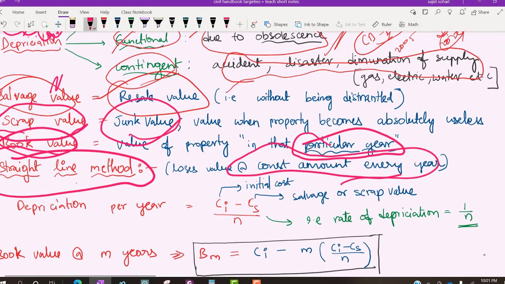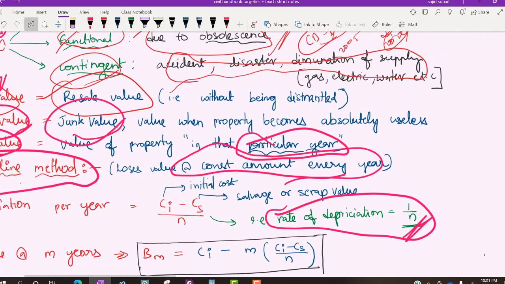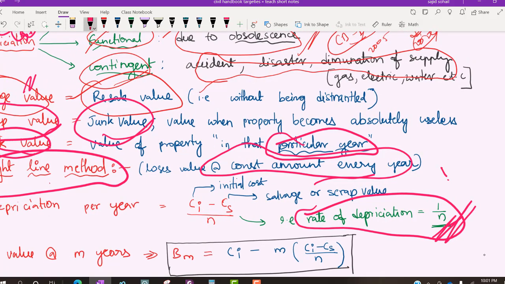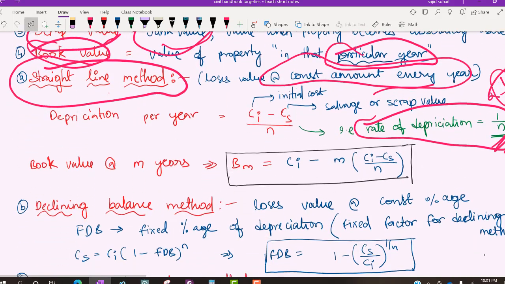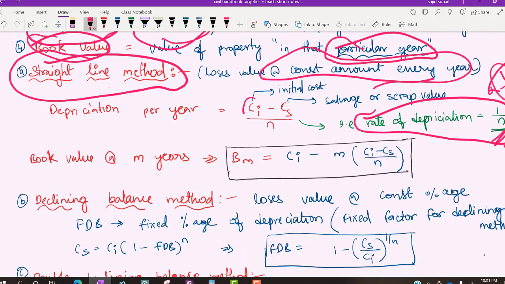And what will be the rate of depreciation? That will be 1 by n, where n is its lifespan. Okay, n is its lifespan. I hope you got it right. Rate of depreciation क्या होता है? It will be 1 by n. याद रख लेना, काफी important है. So what will be the depreciation every year? काफी simple है. Initial whatever cost it got, उसके बाद at the end of n years its lifetime, n years के बाद कितना है उसका value? It will be equal to scrap value or salvage value. Agreed or not? Scrap value or salvage value.